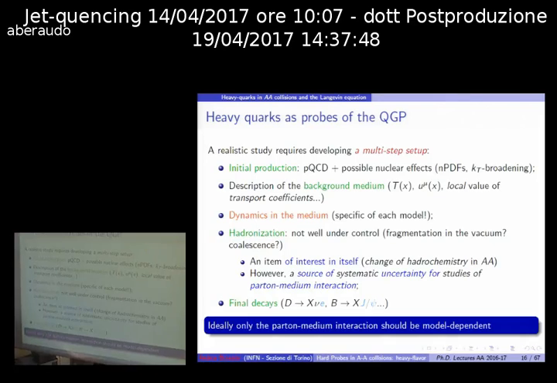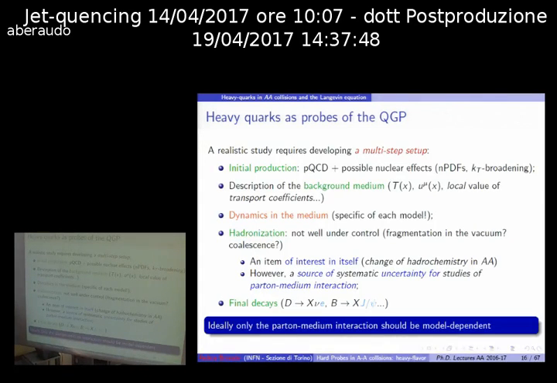Okay, so this slide is just to give you some flavor of all the machinery that you must develop to perform a realistic calculation. Let us start from the beginning. You must simulate the initial production, which is described by perturbative QCD, since you have this large mass which gives you a hard scale, and possibly supplemented by nuclear effects, because for instance the nuclear PDF, the parton distribution function of a nucleon in a nucleus, is not equal to the parton distribution function of an isolated nucleon. And then you can also have other non-perturbative effects, like this initial kT broadening in nuclear matter, in the sense that